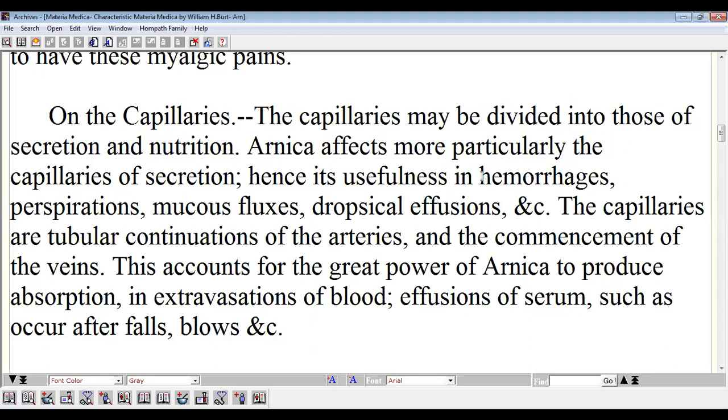So this is a very important keynote of arnica montana, that it is indicated for all those injuries after falls, where there is extravasation of blood. Arnica is a good drug to reverse or absorb that extravasation of blood. And this information is again highlighted in this Physiological Materia Medica. So remember the system of details. Initially, the sphere of action is given, explained in detail, and then